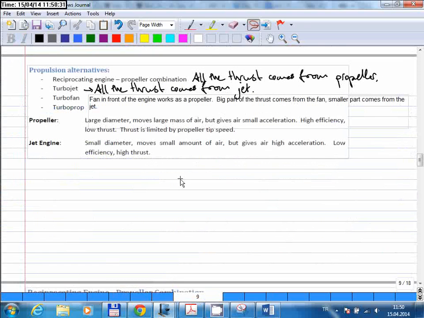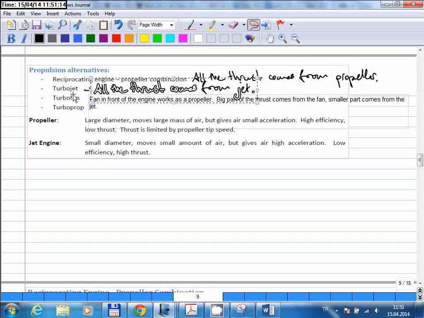So the discussions from before are valid for all types of engines, and the efficiency expression we derived is valid for all types of engines. And here you see the common engines used in aircraft today. The first one is the reciprocating engine. This is just a piston engine, just like the engines in our cars. That engine is used to rotate a propeller, and the propeller creates the thrust force. And the other type is the turbojet engine. In the propeller case the thrust comes from the propeller, and in a turbojet engine, the thrust comes from the jet